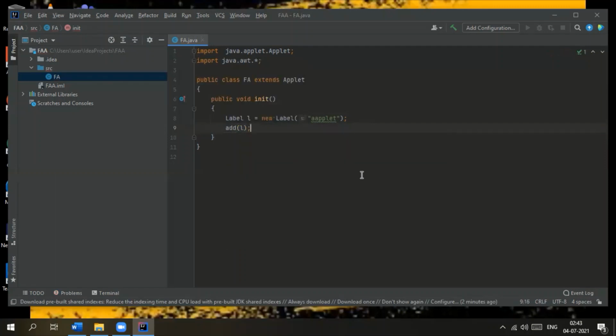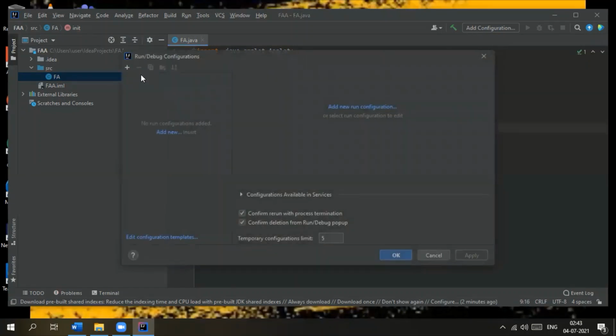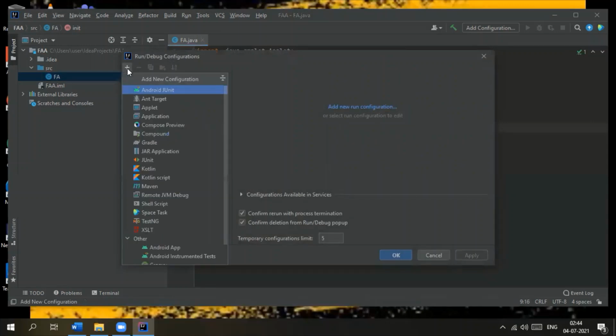Right. So now what we have done is we have just installed the Java applet plugin, and then we have changed our SDK from 16 to 8. Next, the other thing we need to do is add the configuration. You can see a tab called add configuration. Click on this add configuration, and then you can see a plus button which is highlighted, that is used to add any of the other configuration settings. So if you can see here, we can find an applet tab.